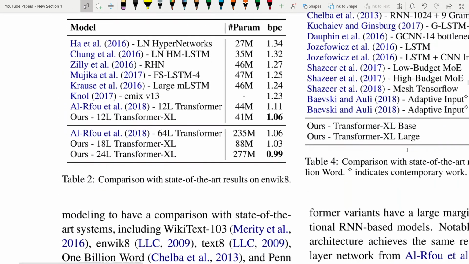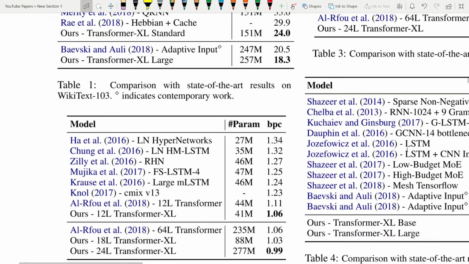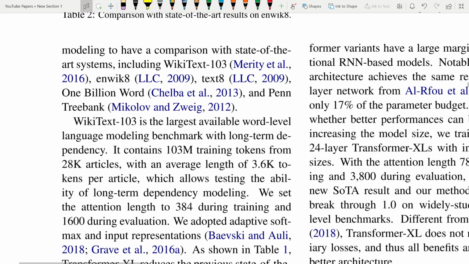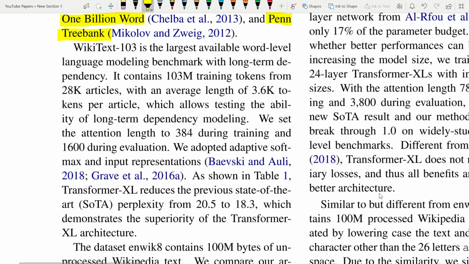So let's now see how well it performs, right? So as you can see, they have done experiments on quite a few data sets, like Wikitext 103, enwik8, text8, 1 billion word, and Penn Treebank. So all of these are relatively older data sets. However, at that point of time it was sort of a benchmark, so I think it was the right choice. All right, so if we consider the dataset Wikitext 103, it's basically Wikipedia